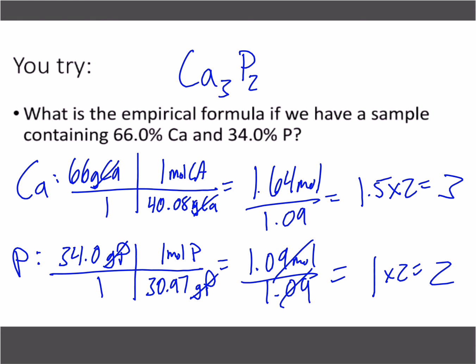It's a crucial step because if you were to just leave it with that 1.64, that's a lot harder to get to a whole number. That's where people get really crazy subscripts. If you get something that's super huge, you've most likely done something wrong. You guys are going to work the next You Try problem, the 3 that are on the bottom of the page there. All right. If you have